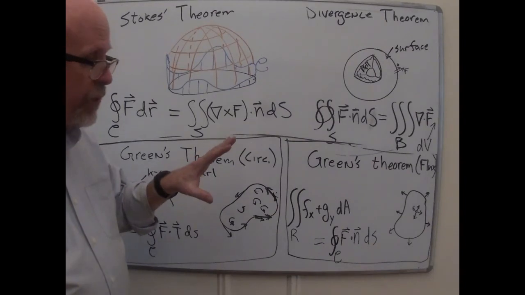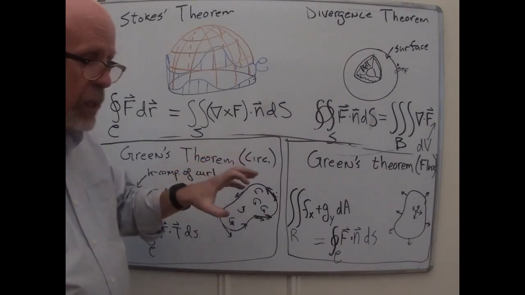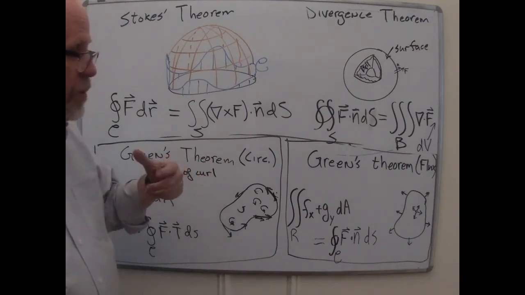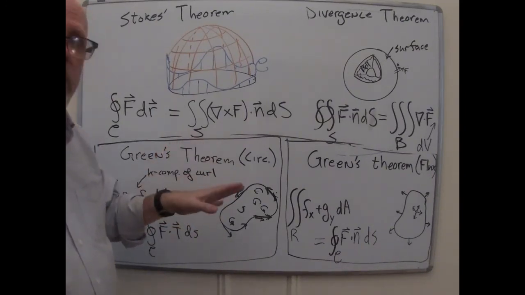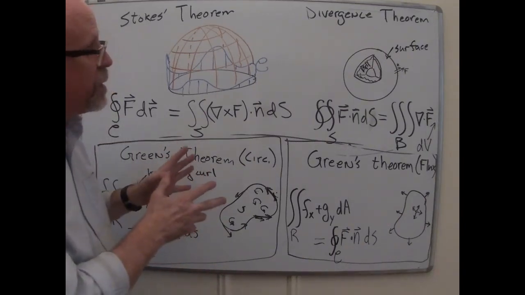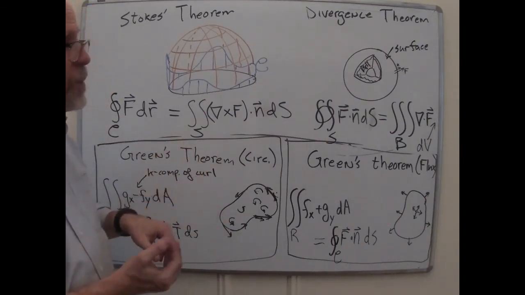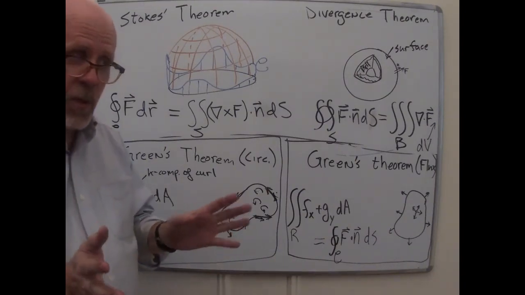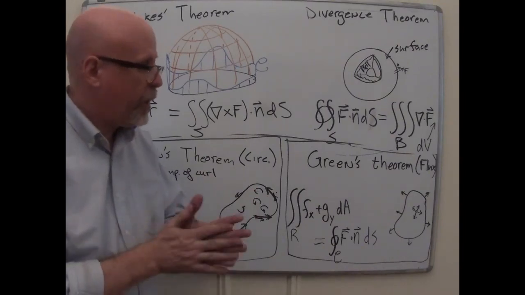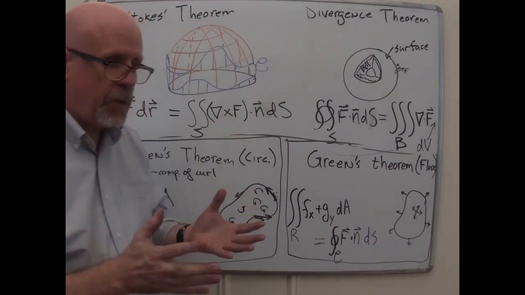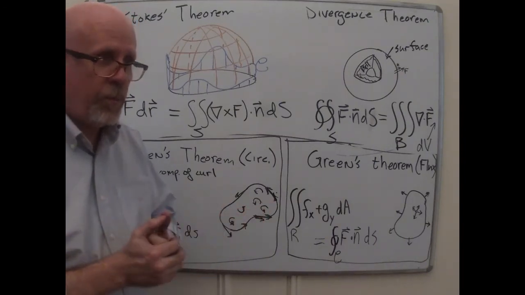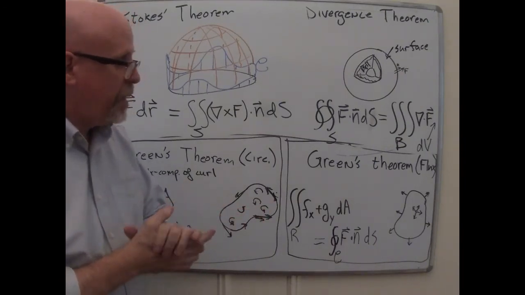Where you will see this, if you really want to nail it down and truly understand these theorems, these vector calculus results, take electricity and magnetism in the physics department. Once you really understand Green's theorem and Stokes and divergence theorem, electricity and magnetism turns into an easy course because you've got the hard part done. The math is what's tough about it. And the physical intuition that you get from seeing how it explains electromagnetic phenomena is pretty cool.